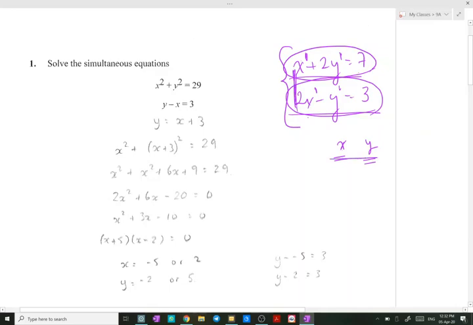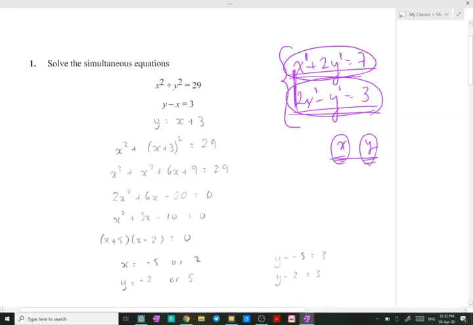This is algebraically. And graphically, if we plot these two lines, we are going to find the points of intersection between these two lines, which represent also the x and the y that we already found while using the algebraic